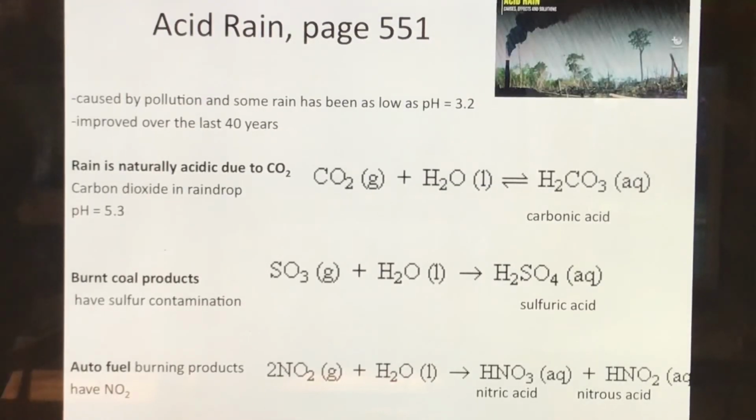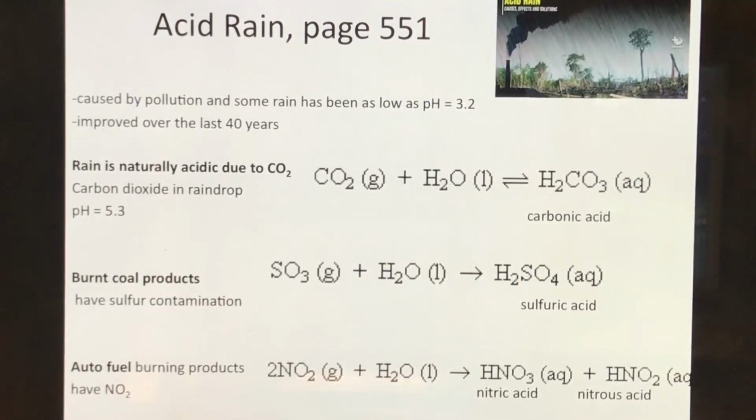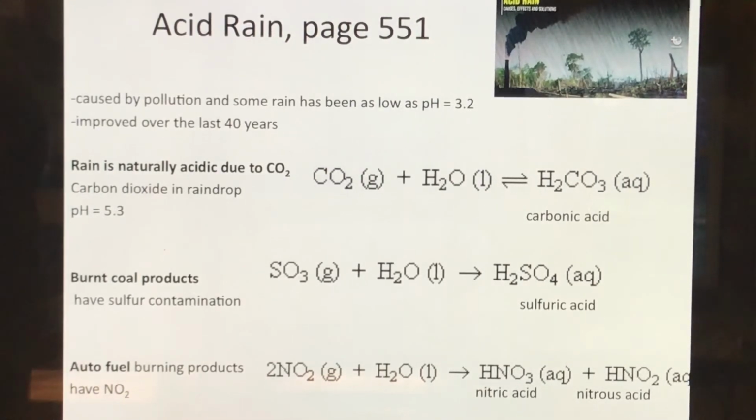All right, so the last part of this module discusses the existence of acid rain, which is caused by pollution. However, the author mentions it's been improved over the last 40 years due to improvement in government regulations that's lowered air pollution. But they've documented that some rain has been as low of a pH as 3.2. So just to talk about how acid rain is formed,